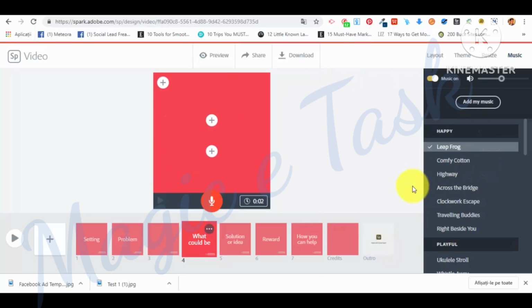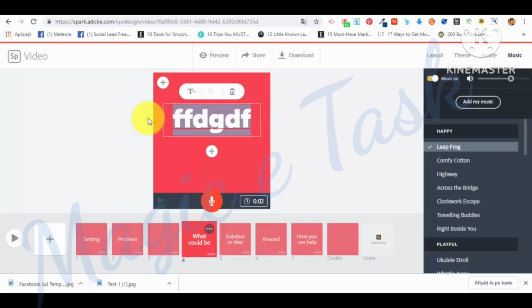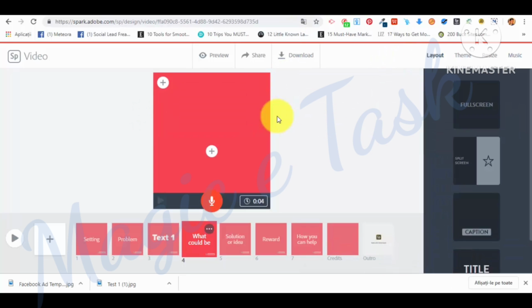After we are done with everything, with adding the music, the text, and absolutely everything, now let me show you, for example, how we can add content as well. Here we have text. Okay, text 1, and after adding the text we can move to the next slide and so on. That's pretty much it. It's not complicated at all, as you can see, and the best part is that you